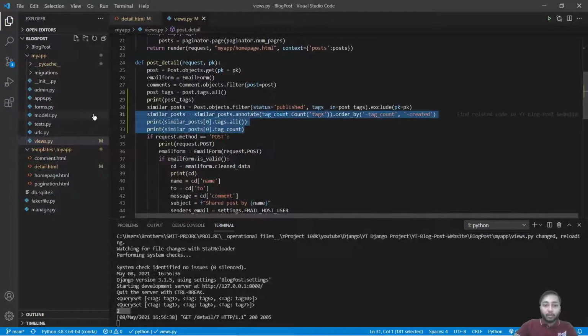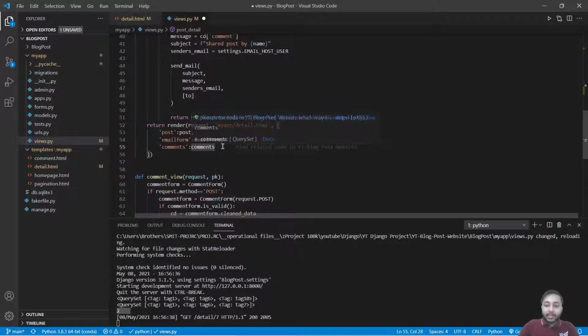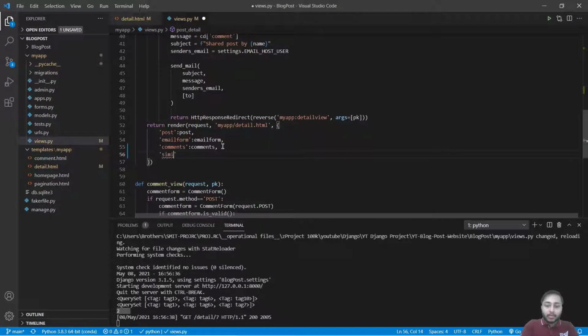For this, what we will do, we will just remove these 2 statements, and right here in the context we will say similar posts.